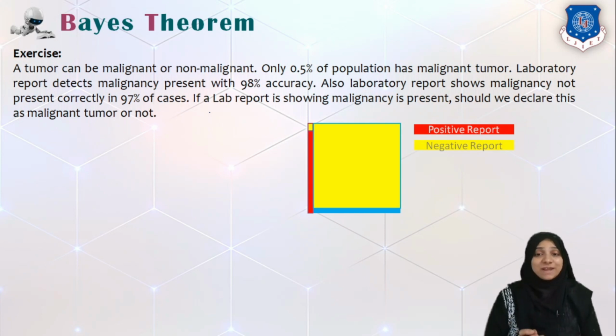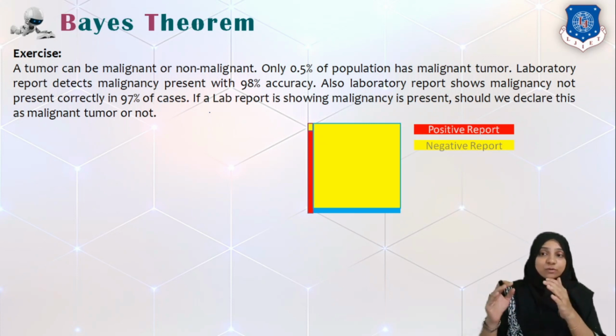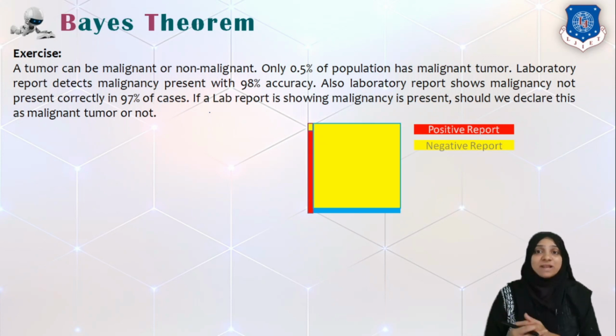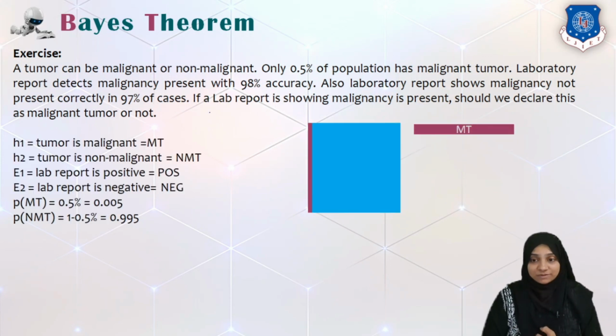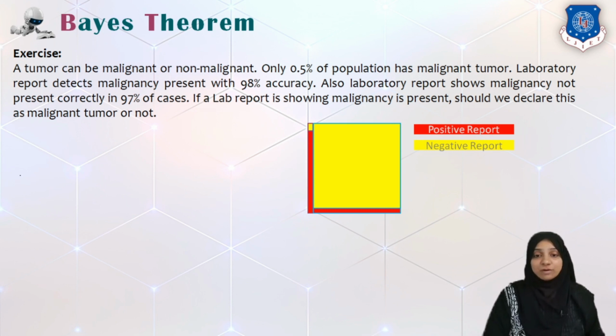On the right hand side, negative reports are correctly identified 97% of the time. So the remaining population, they are already negative, they do not have a malignant tumor, and their negative report is correctly identified 97% of times. That means how many positive results will there be? There will be 3% of cases where there is a positive result. If I would like to draw it in another way,